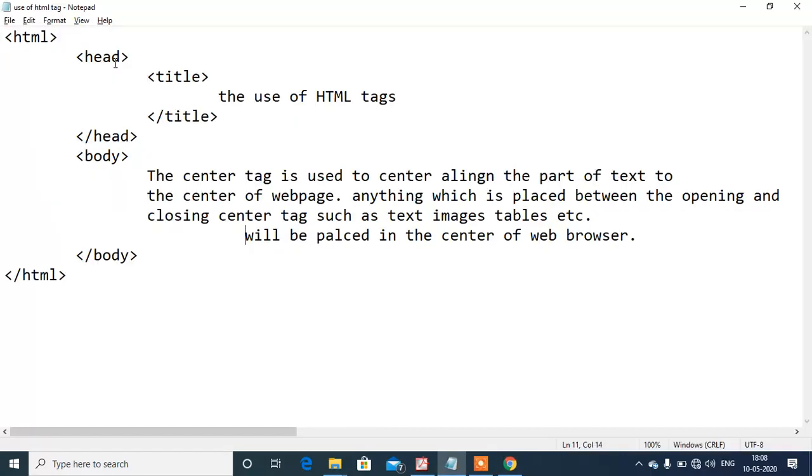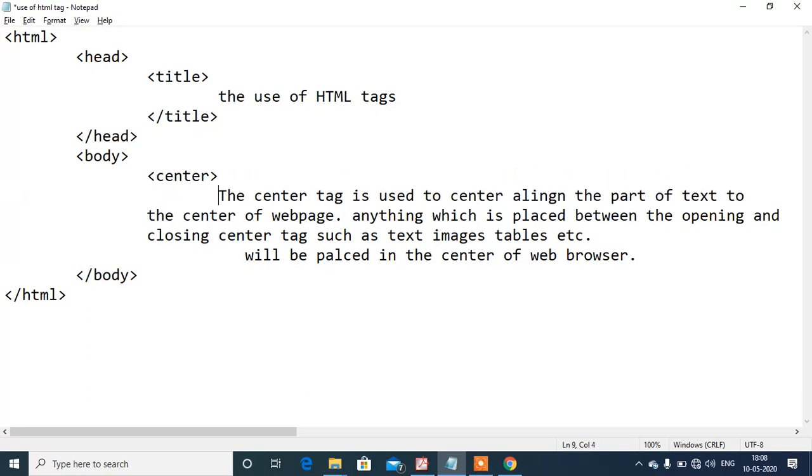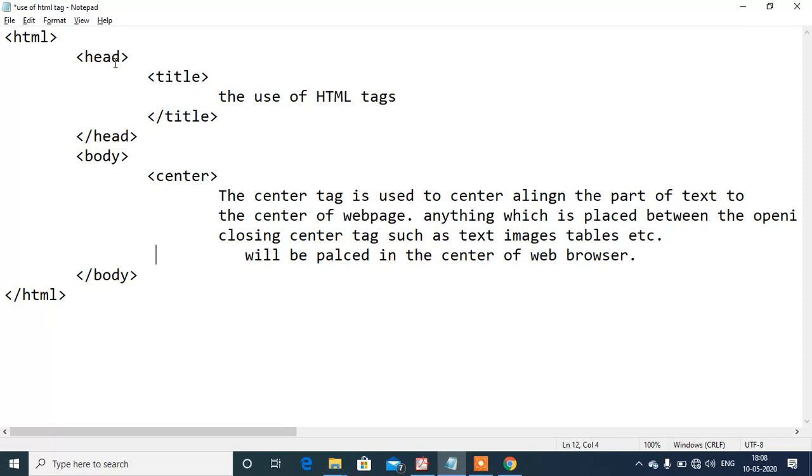Now, if we want to align it in center of the web page, we can write center open, then the rest of the lines that we want to put, and then center close.